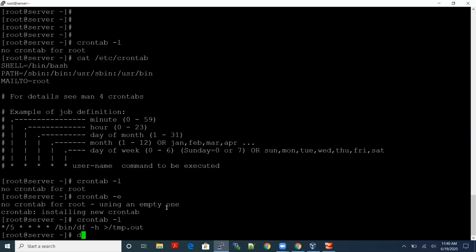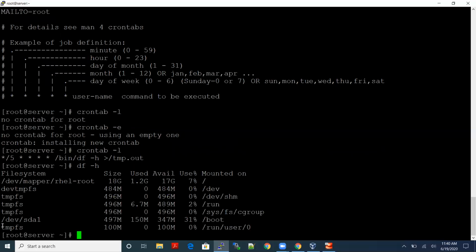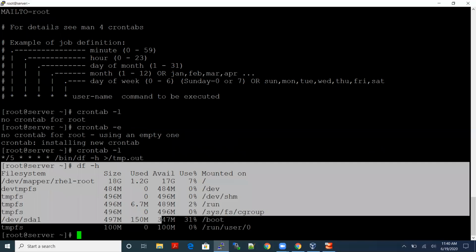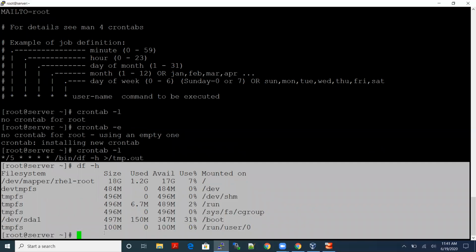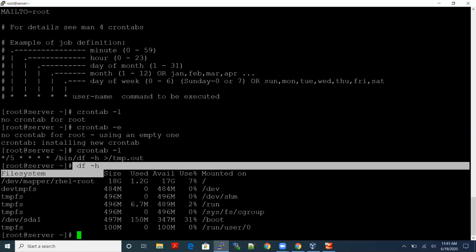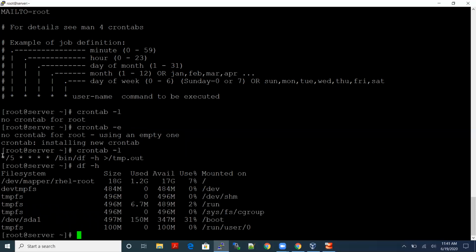If you execute df -h, it will show the file system output, the currently mounted file systems. Instead of doing it manually every time, if you schedule this syntax from the crontab level, every 5-minute interval, the system will generate that output and store it in the /tmp output.